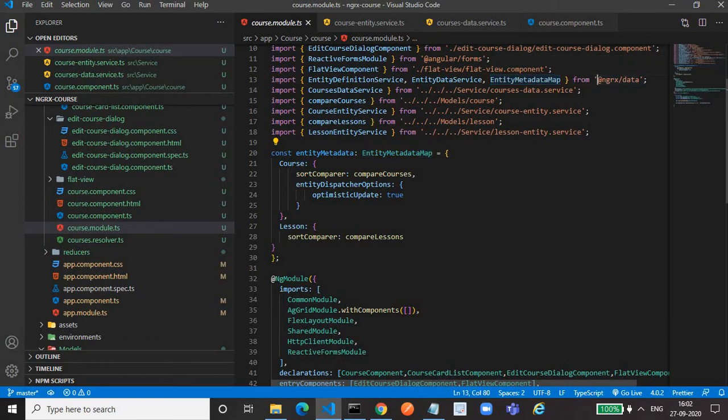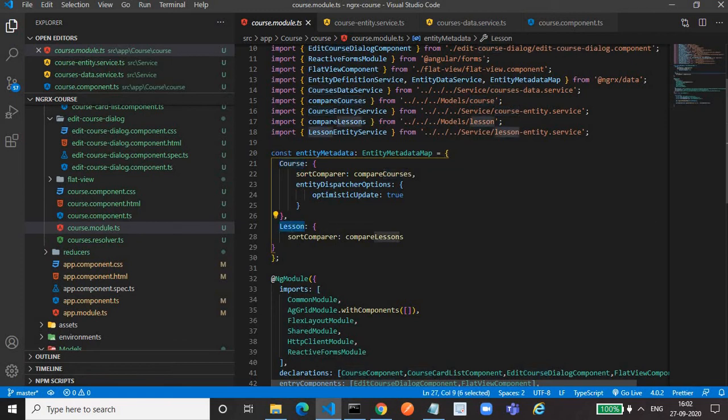Okay, clear? Then this constant is an object in which we will provide the slices of entity. We will mention the entity names here. In my application I have two entities, one course entity and another lesson entity.